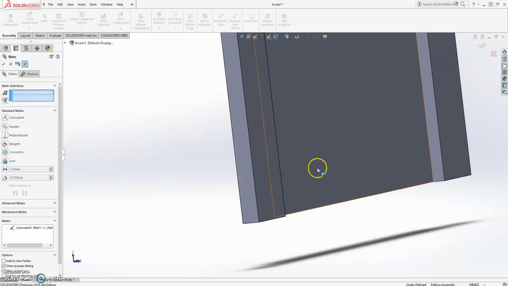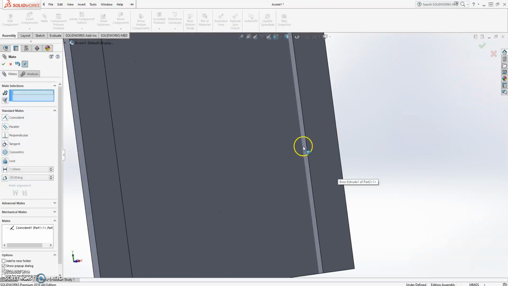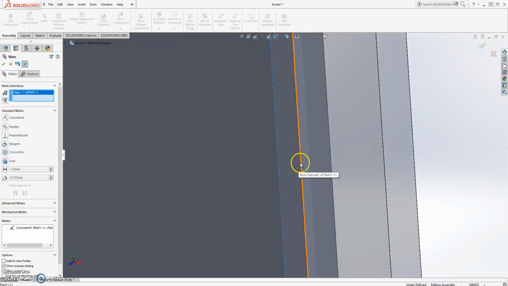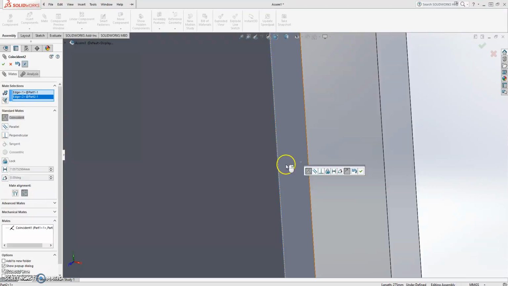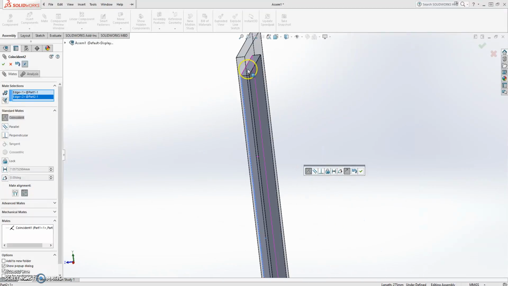And the mate tool is still open, so I'm also going to select this edge here of the, well, I'm actually going to select the door frame's one first because it's easier. And then I'm going to select the edge of the door. So now it's all lined up. But there's